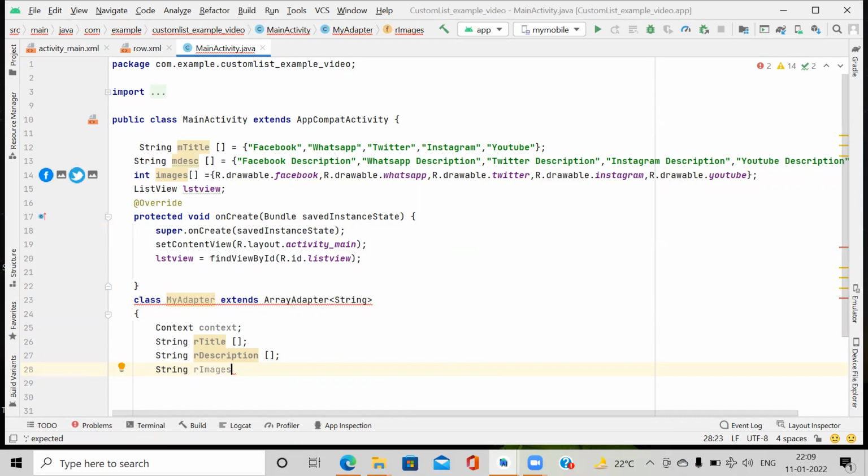Our images are integers. I forgot it. Here we change it to integer images.